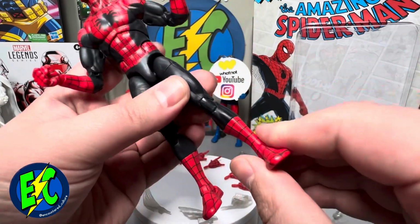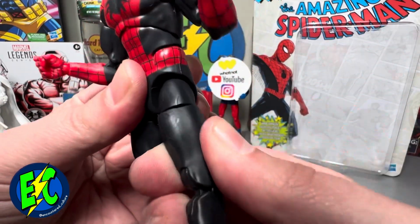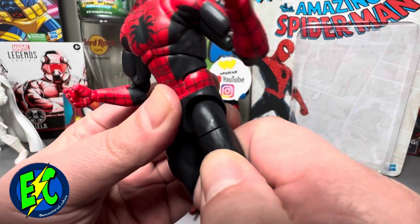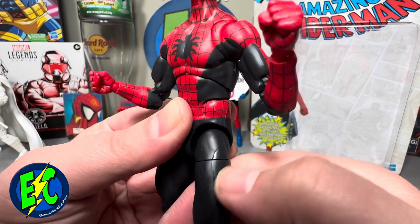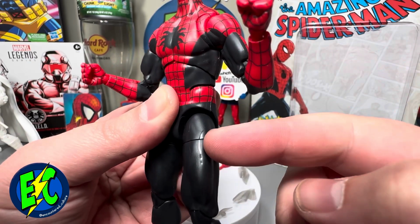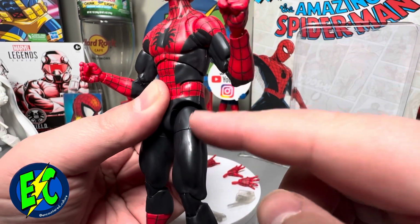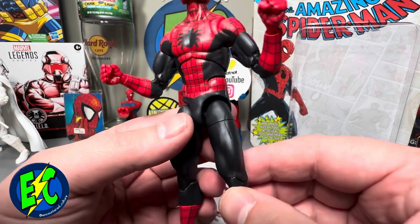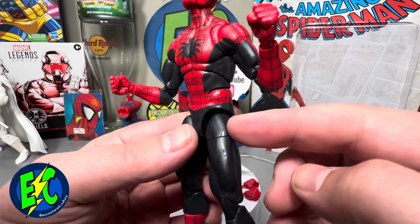Double jointed, pinless down at the knee, of course. Upper thigh swivel as you should have. Definitely, mine has some. I'm seeing this a lot with the last few figures that I've got. I haven't really seen a lot of that in figures that I've purchased, but looking at the last few videos I've put out, I feel like I've pointed out similar